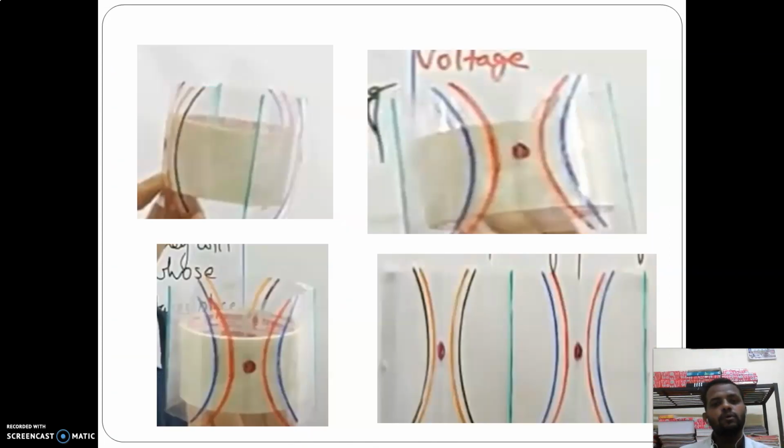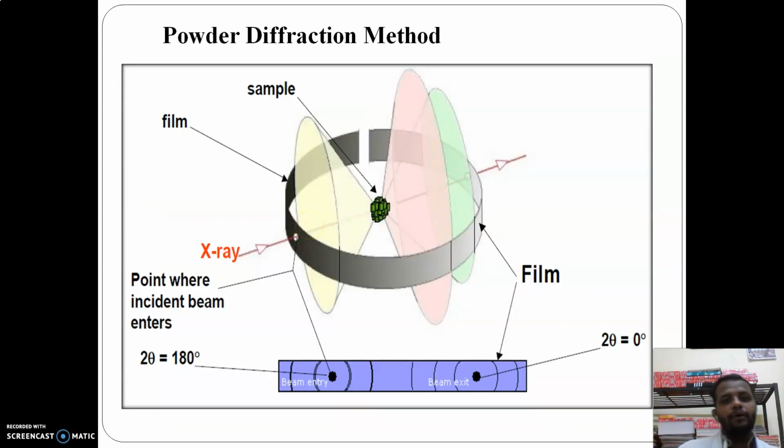So this was all about the powder diffraction method. In this case, the important points we have studied are: first, instead of a large crystal, we use a small amount of powder. Secondly, a monochromatic light source is used for this process. Thirdly, the transmitted beam is not stored, it is passed through the exit slit,